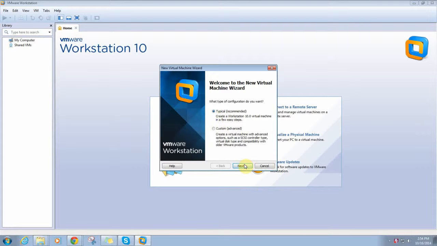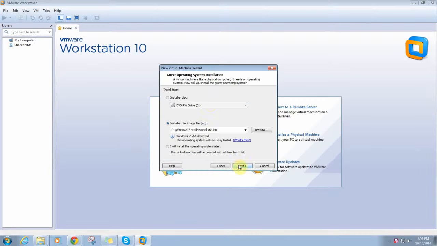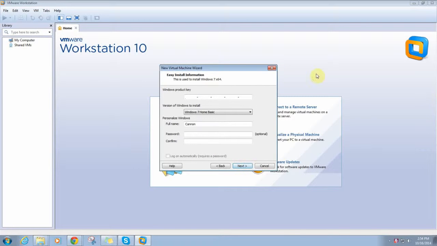I'm just going to do a typical because I just want the recommended one. I don't have enough space. Oh crap! I meant, this is my ISO for Windows 7 that I'm going to be using, and so go ahead and hit next. I'm going to pause while I go get the product key. Actually, never mind. I don't think I need the product key, but I do want to go for Windows 7